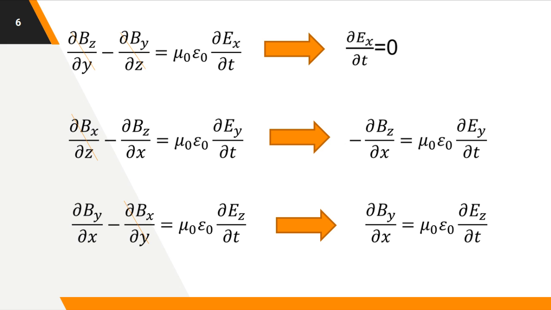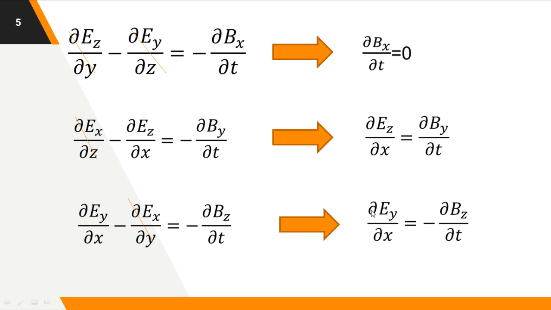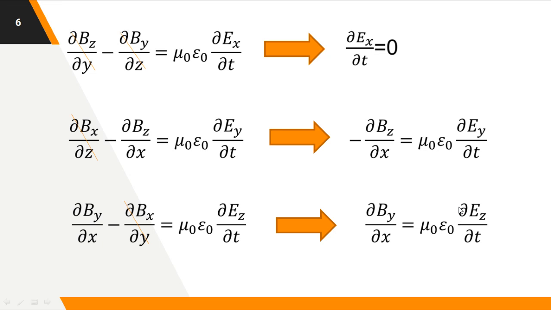That means indirectly it will happen in a direction exactly perpendicular to the direction of propagation, that will be in the y and z. So that is what we observed with the help of equation 3 second component, equation 3 third component, and similarly equation 4 second component and equation 4 third component. And in that, a reversal of the direction is also observed. Look at minus ∂Bz/∂x, and here it is ∂Ey/∂t, and in the previous case it is ∂Ey/∂x is minus ∂Bz/∂t. So this is the reversal of the directions.